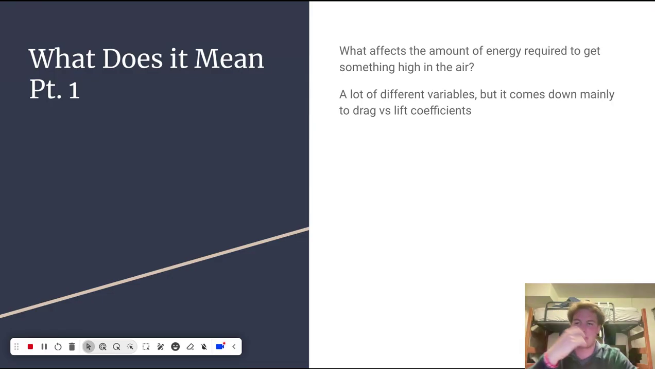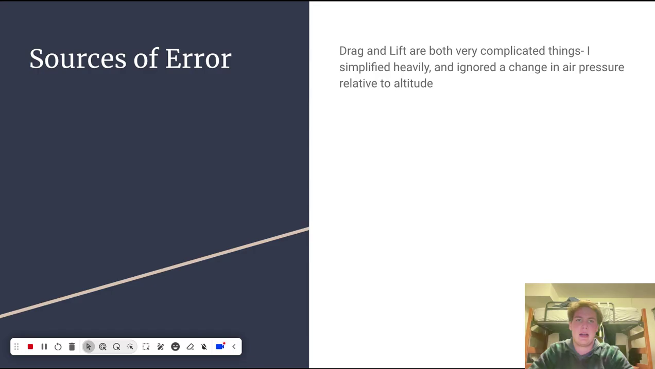That's really the real thing about this lab: you could figure out how efficient to make a glider so that it requires less energy to get higher up in the air. Oh, another important thing to mention is that I've simplified drag and lift a lot, because they're both very complicated things that I don't know how to do until my third year here. And also, I ignored changing air pressure relative to altitude because at